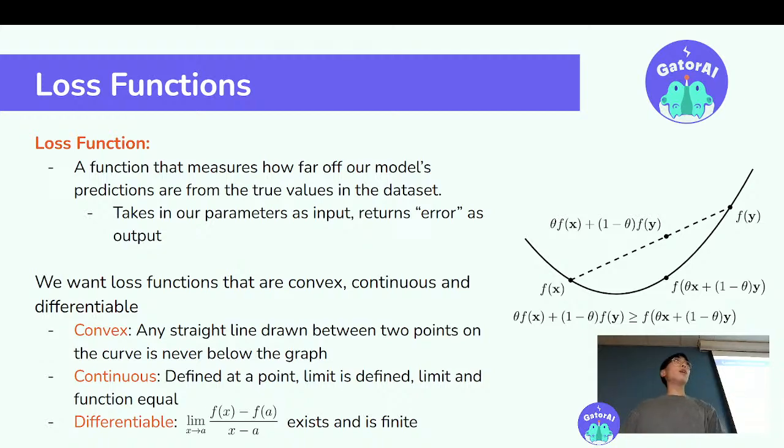Continuous and differentiable you might be familiar with from calculus. Convex is probably something that maybe you are not so familiar with. So in layman's terms, convex means that for a function, any straight line drawn between two points on the function lies entirely above that function. You can see here on the graph the equation that you need to satisfy to be considered convex, and then to be considered strictly convex, you make it a strict inequality instead of an inequality with equality allowed.